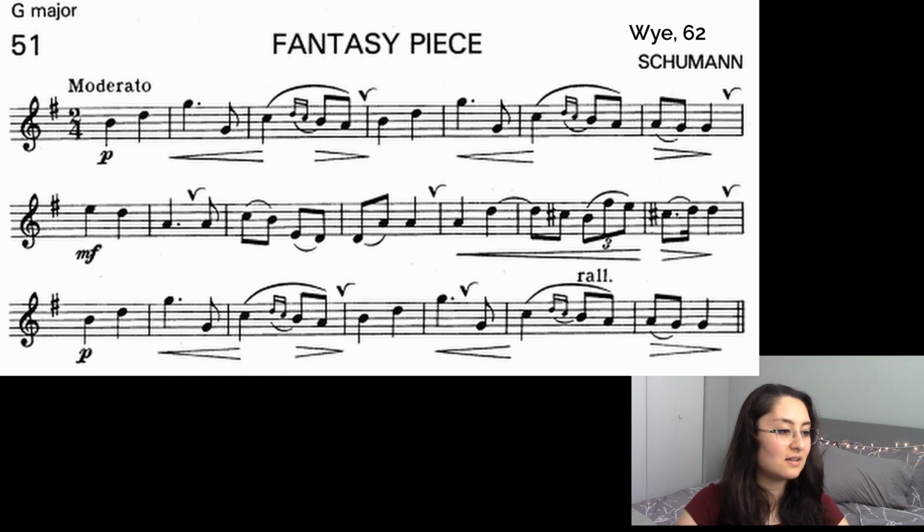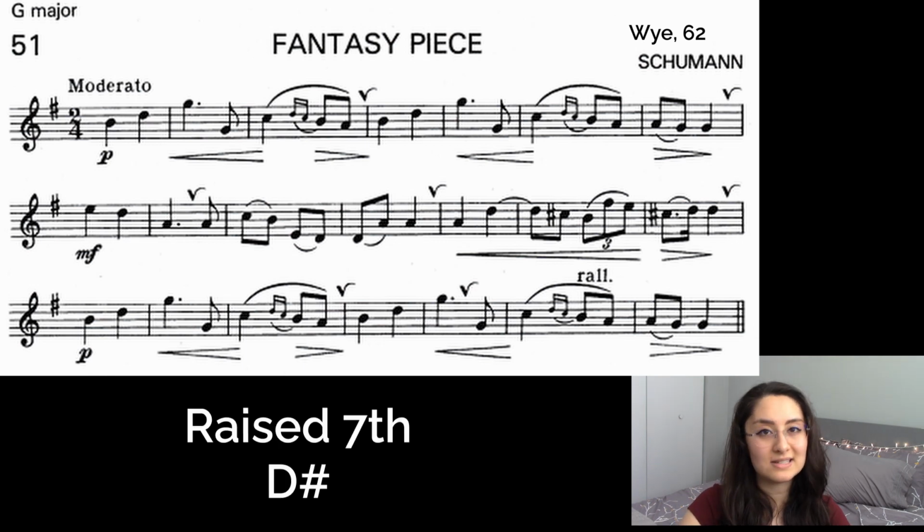major. Let's take a look and see if we can find the raised 7th of the minor key first, just to make sure. So again, our relative minor key is E minor. So again, we go down one semitone, and that would be D sharp. So let's see if we can find any D sharps in here. So taking a quick glance, there aren't any D sharps, but we do have some C sharps, but just very